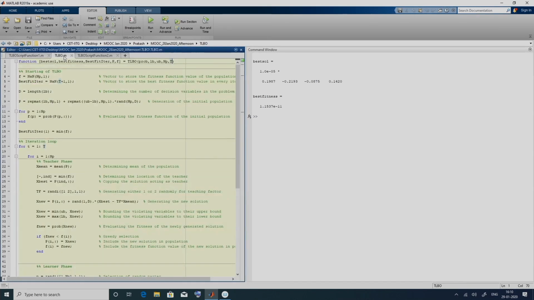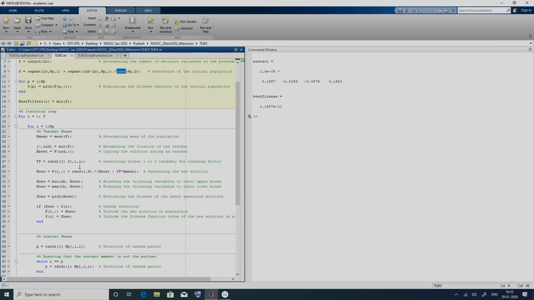Remember, at the very start we randomly initialize the population, so every time we run it, it randomly initializes the population, and in multiple places we are using random selection. Here again we are generating random numbers, and here we are randomly choosing the TF to be 1 or 2.